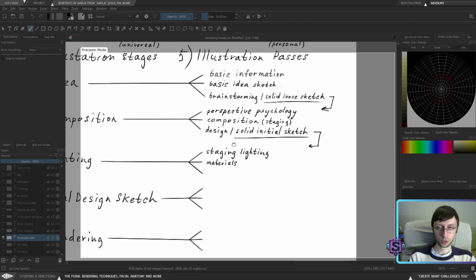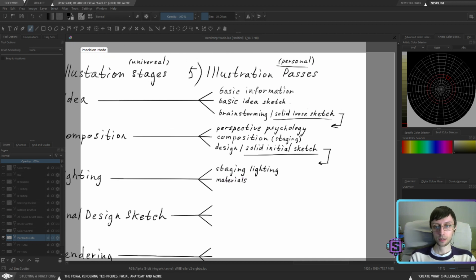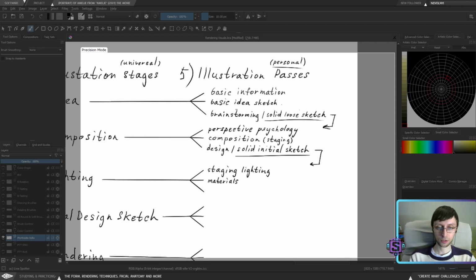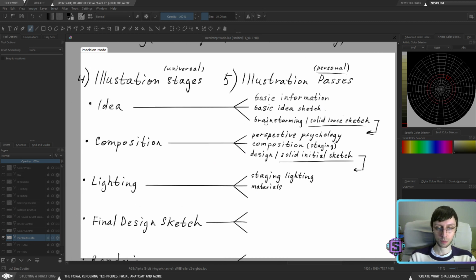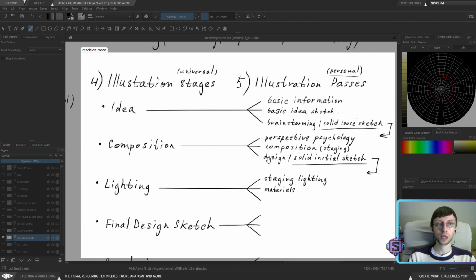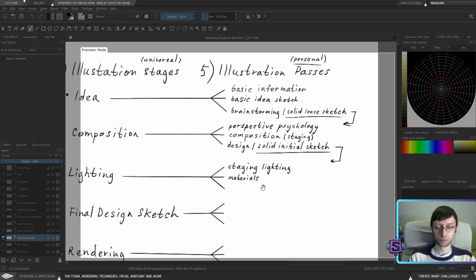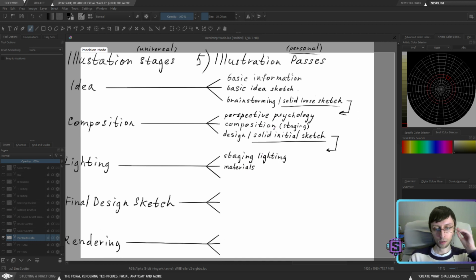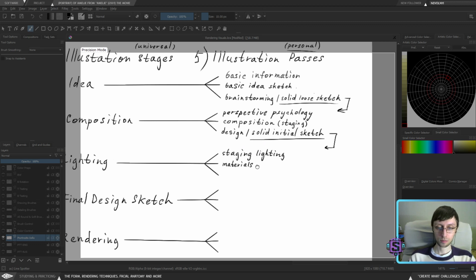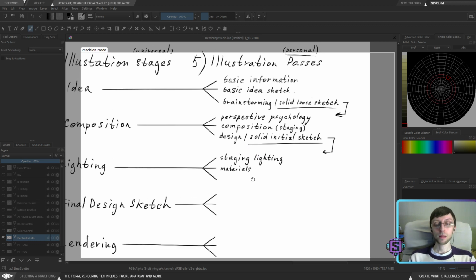Again, this is my personal passes, remember it. You will create your own personal passes, but again, to just create some type of direction where I'm coming from and what the differences between passes and the stages are, I want to show you what my passes usually look like. They might change.